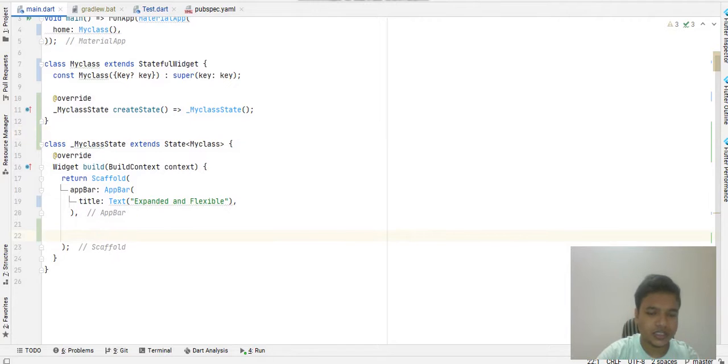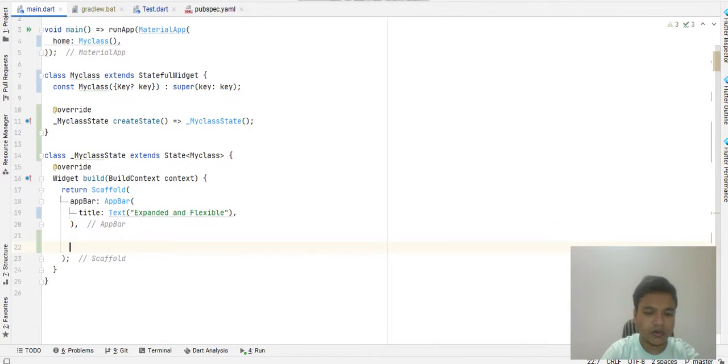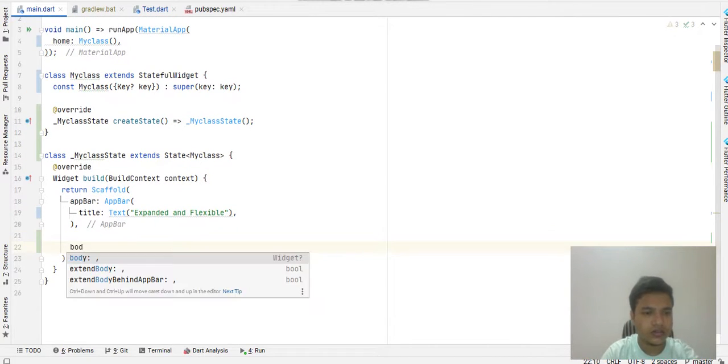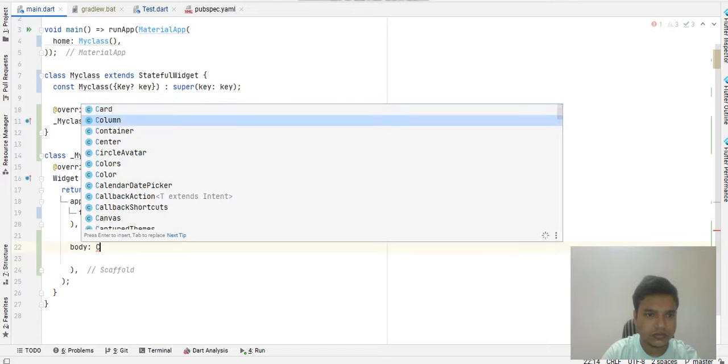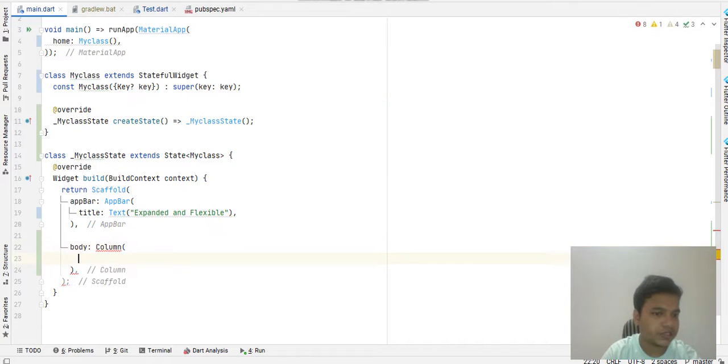So let's design three containers first. Let's design a body which contains a column. Sorry for the misspelling. Column contains children, which is a list of widgets we can provide here.